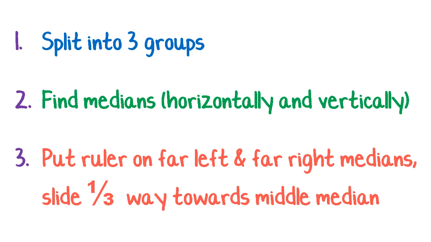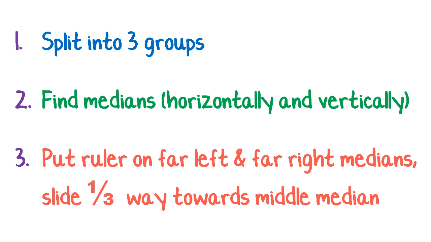Using the 3-median method for linear regression, you follow the following steps. The first step is to split your scatterplot into 3 groups. The second step is to find the medians horizontally and vertically for those 3 groups. And then the third step is to use the far left median and the far right median to get your